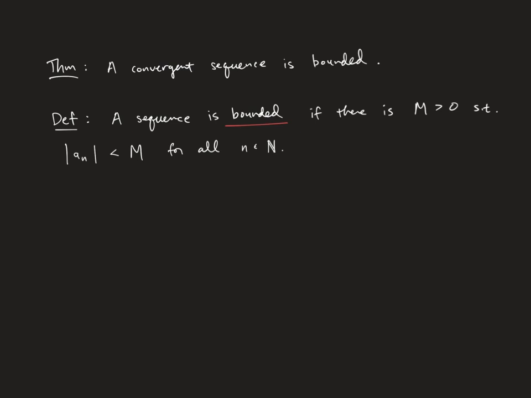natural numbers n. So basically, here's our real line, here's 0. Then the m is like some far out distance here. So you can go out that far, m in that direction, and negative m in that direction, and your sequence has to stay inside these bounds for all n. Okay, so the entire sequence is bound up in that interval there. So that's what it means for the sequence to be bounded. That it just has some bound. It's not allowed to go arbitrarily far out in either direction.